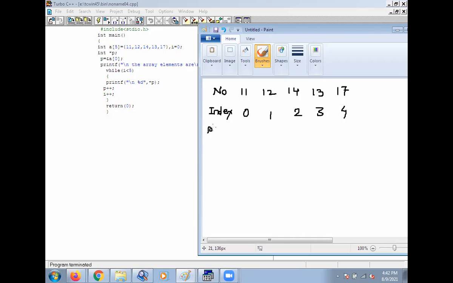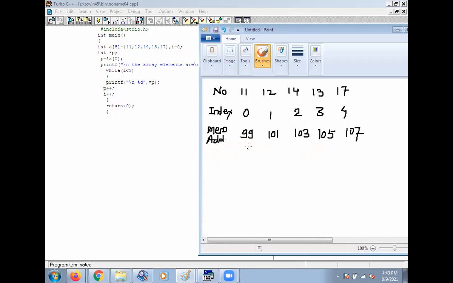Then memory address, suppose here 99, 101, 103, 105, 107.